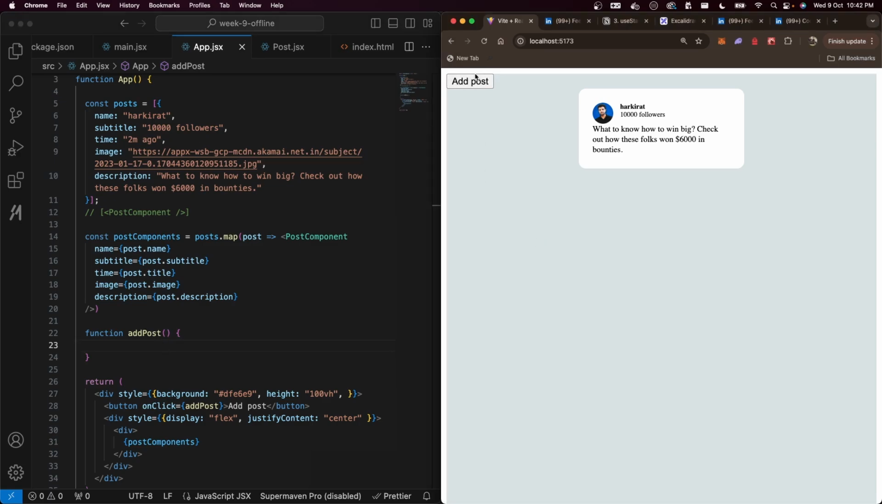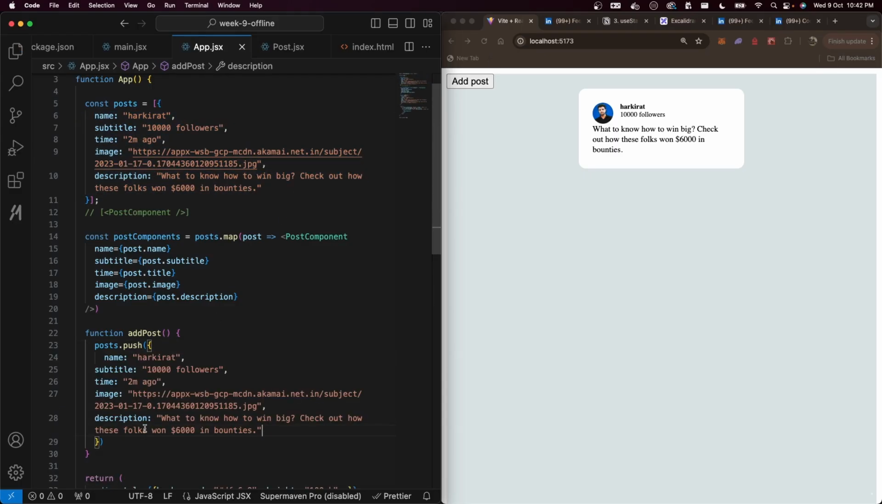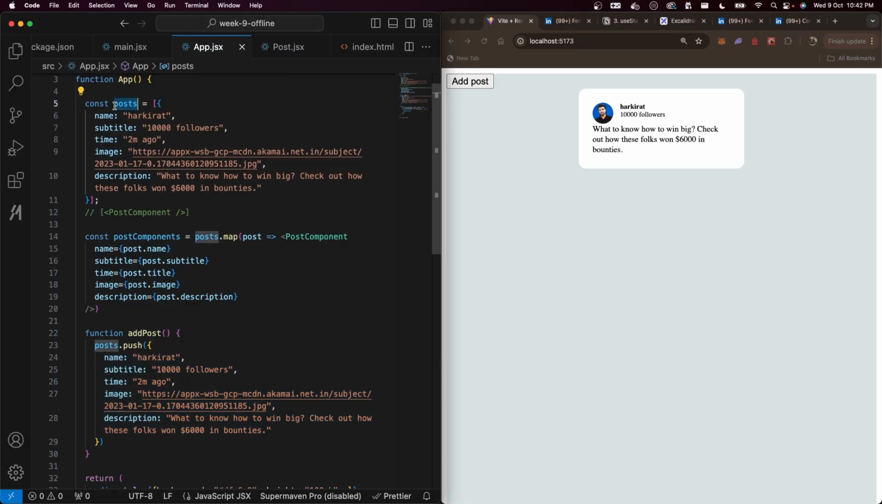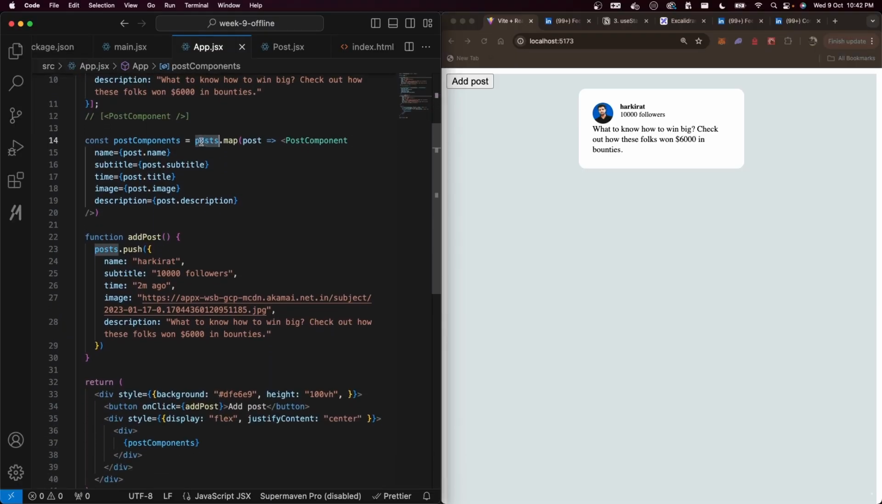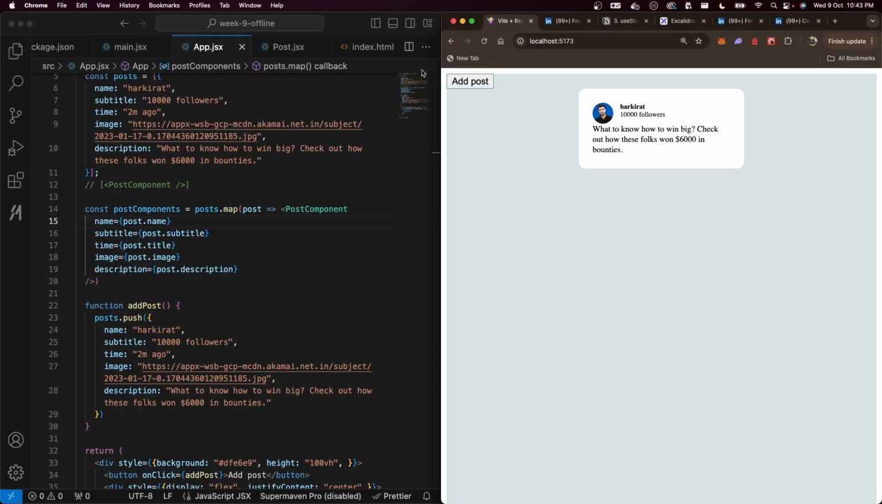But what do I want on the add posts button? Whenever this button is clicked, what do I want? Can you guess? I want to push to the posts array another post. Let's say I keep everything the same. I want to push to the posts array something similar so that another post comes below it. Given a variable, I am using that variable to create something which I render over here. And whenever the user clicks on this button, I am pushing to the posts original variable. Question is, why is it not working? Why, when I click on this button,